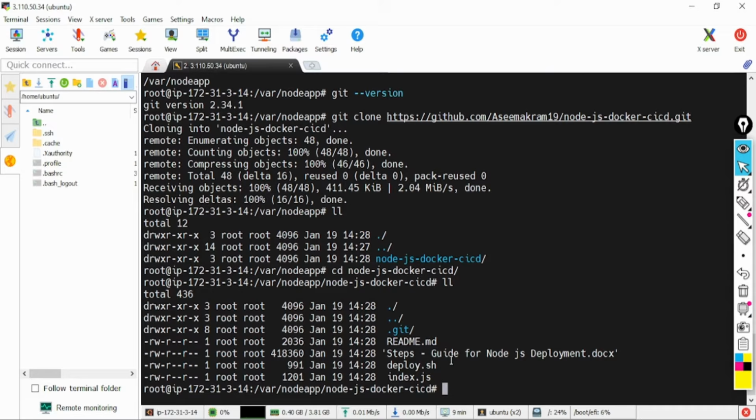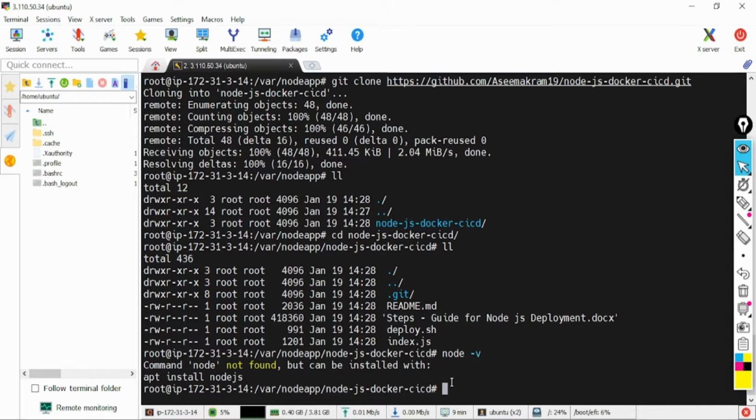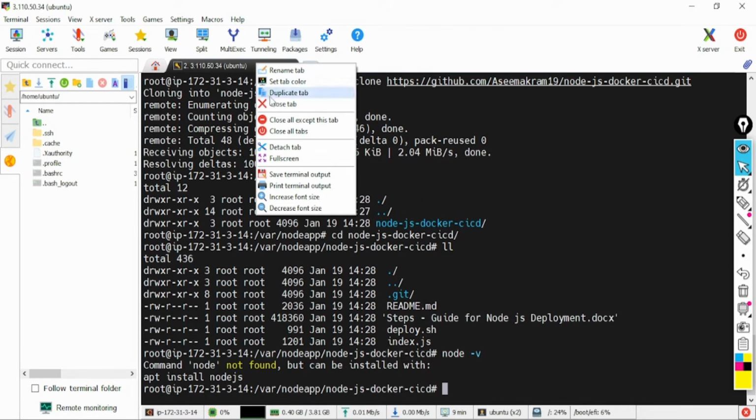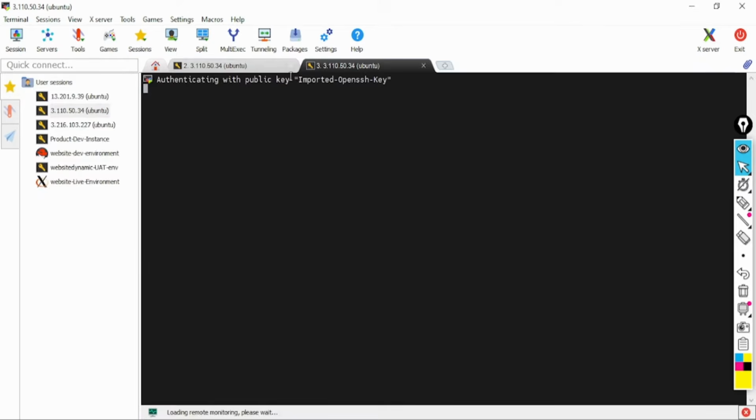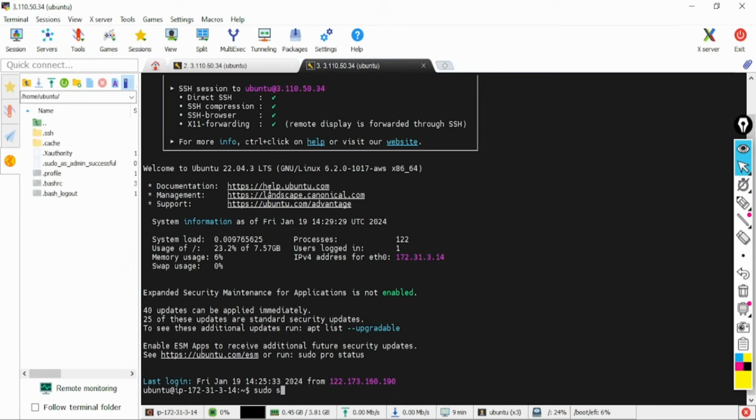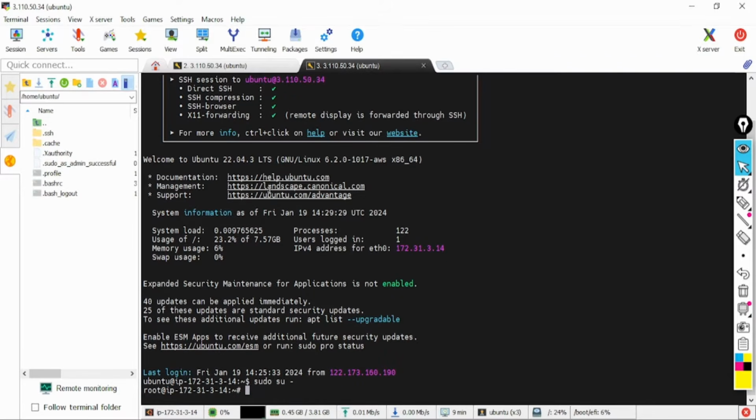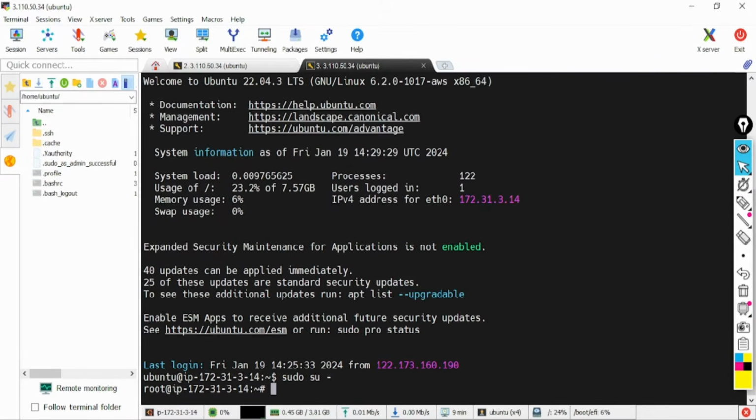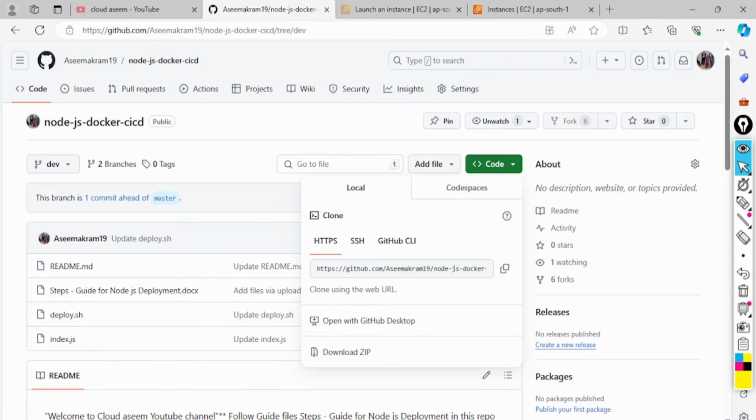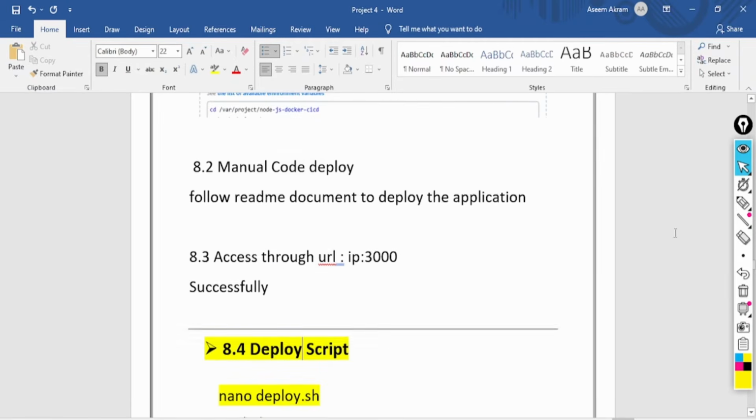The thing is, do we have node installed in our machine? No, we don't have. So we will install node. Let me create one more tab with the same thing, so we will execute everything from here. I'll quickly switch to root user. Then I have a blog on how to install